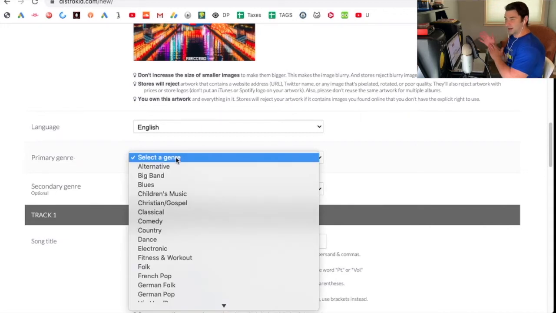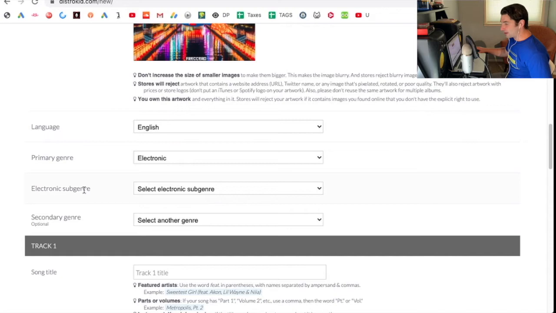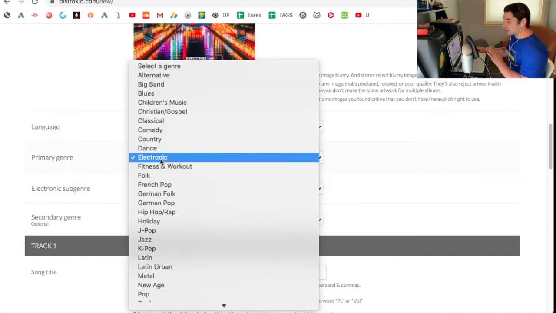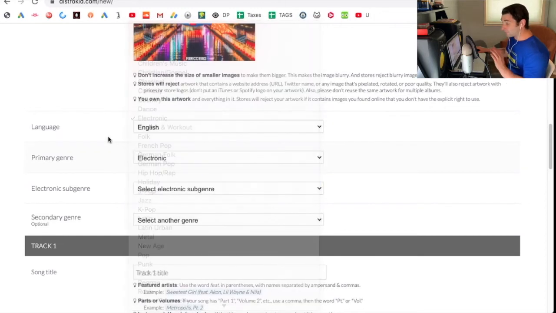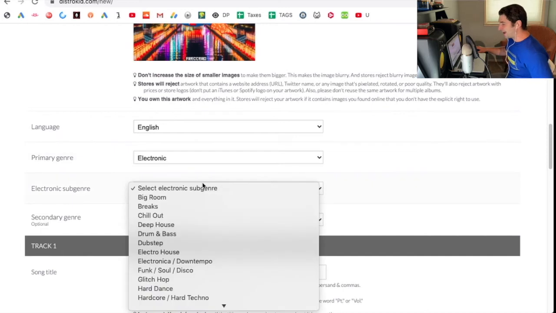One big thing I want to say is a quick side note, especially for any of my DJs or electronic musicians: there is a platform called Beatport. Every EDM artist knows what Beatport is, but in case you don't know, Beatport's basically like the iTunes or the Amazon or the Spotify just for electronic music. In order to be on Beatport, because DistroKid can release music on Beatport, you have to first select electronic, and then you can select a subgenre. Say you're like, well, you know what? I'm a DJ, but this song's more hip-hop. What you'd have to do is select electronic first, even if it's more hip-hop related, and then